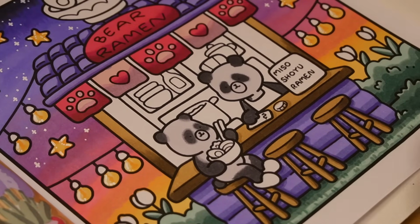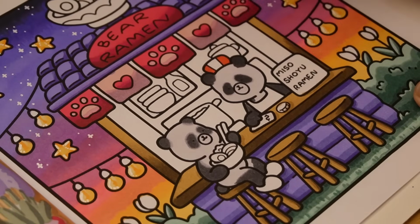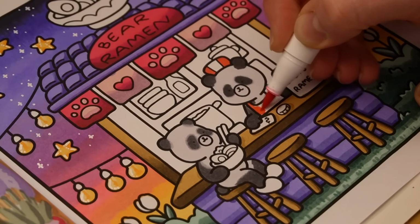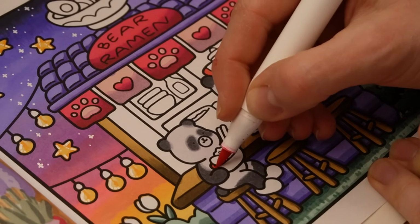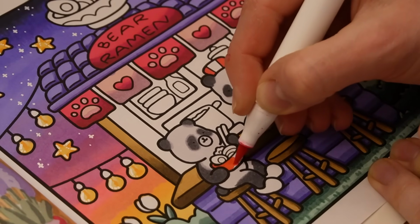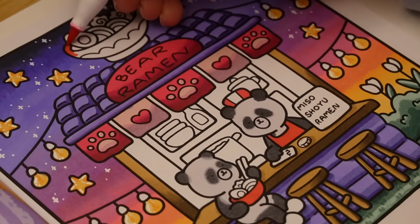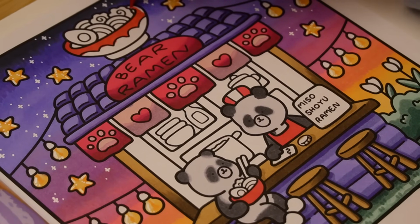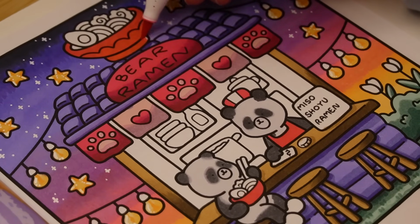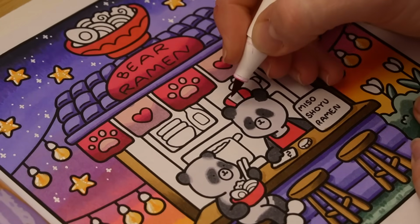We're gonna repeat those colors in his uniform. So I'm gonna go ahead with this pink, like this, and maybe use, if that's like their signature color, light violet, and just